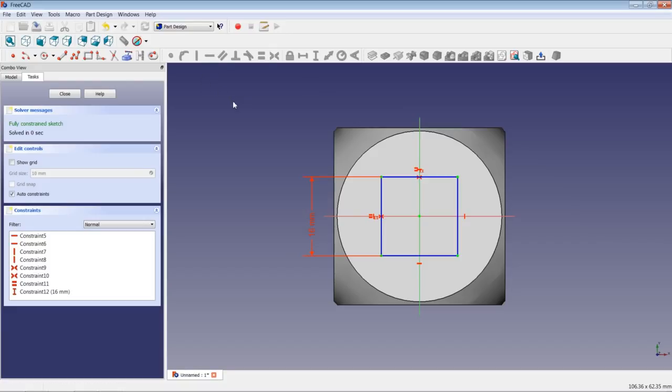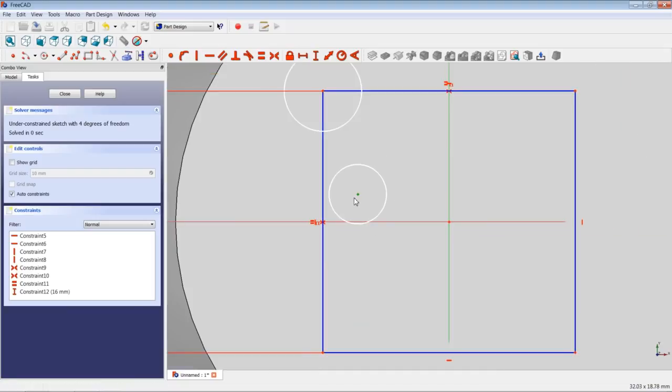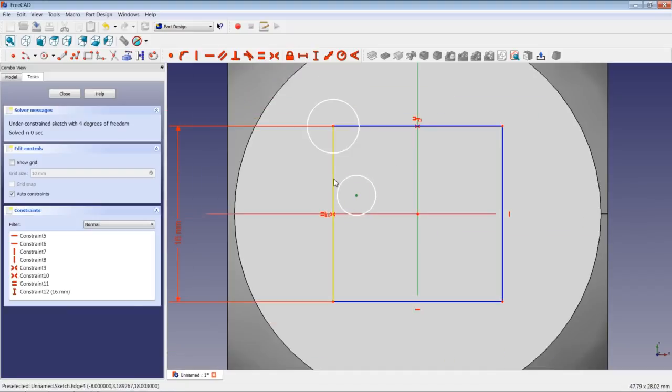So now we have to apply all the 6 dots of the top side of a dice. So we draw a circle at the corner point of a rectangle. We draw a circle somewhere here in empty space, and then we will highlight the center of this circle, and we will also highlight this construction line here, and then we will apply